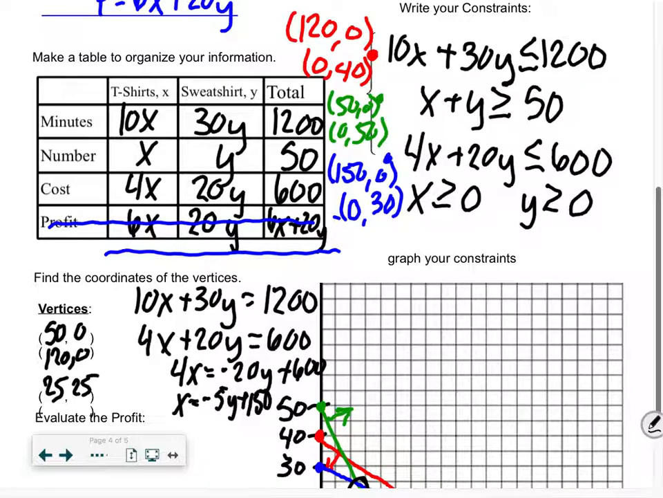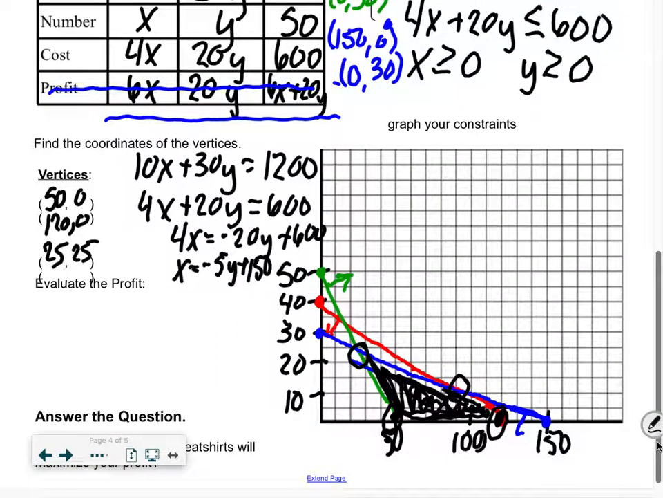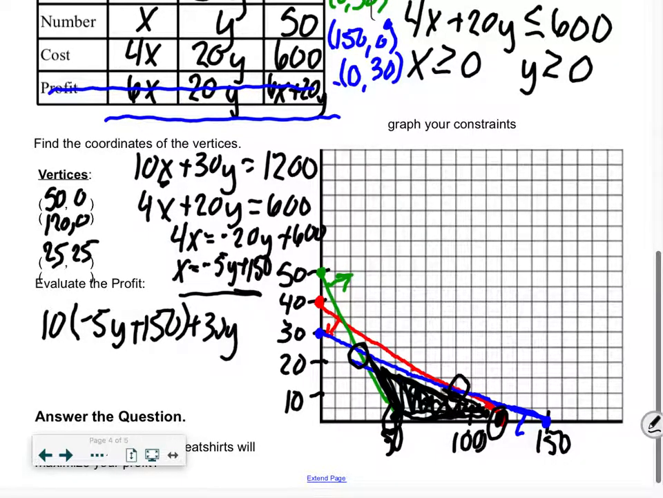Okay, so now we're just going to plug this x into our top one. So we got 10 times negative 5y plus 150, plus 30y equals 1200. That's just substitution. So negative 50y